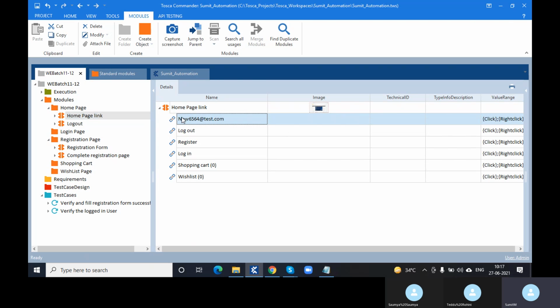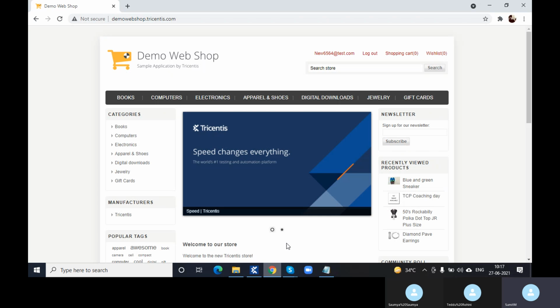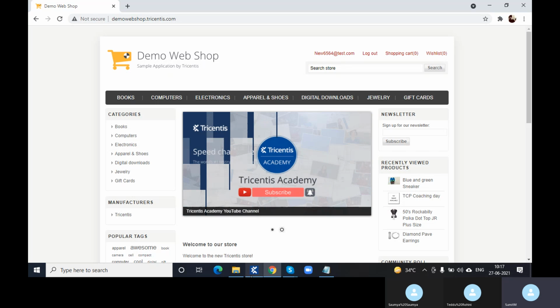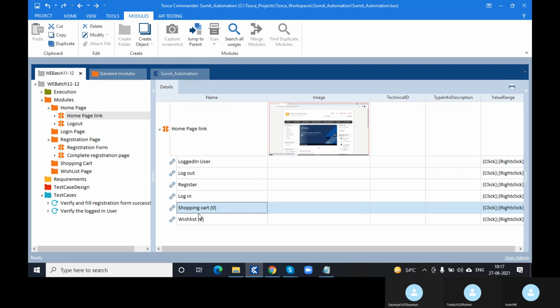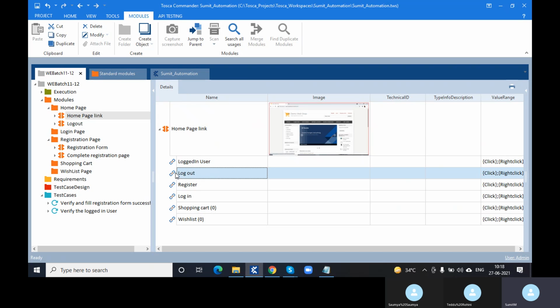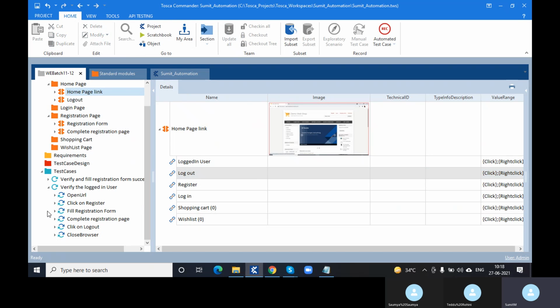You will see this is coming as the email which is presented right now here, because this is the link I'm using. So let's change this email as logged in user. Will it work? Logout is also here, and the logged in user is also here. So when I use this in my test case,